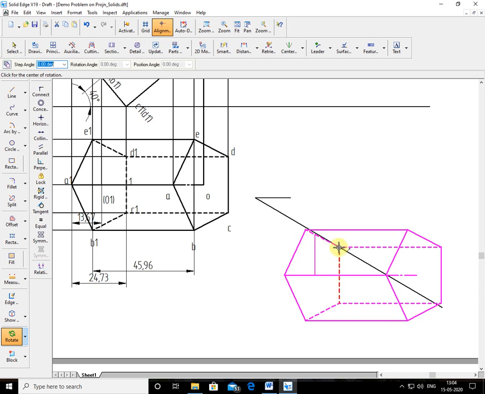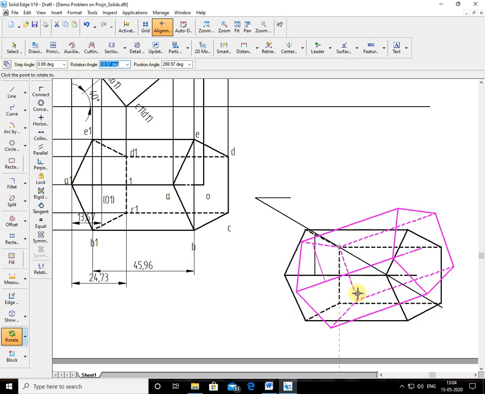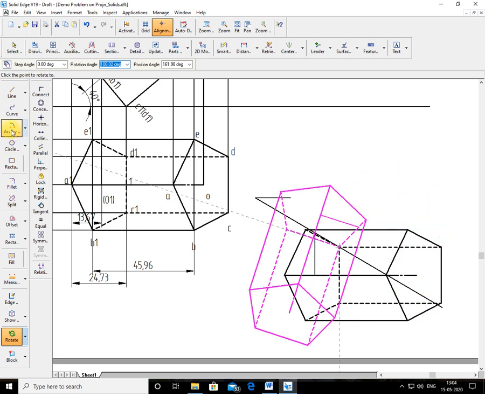So the copy option you make it off here. See the cursor, my cursor here. This should be off. It is off now. Red means it is on. So the original figure should not be there. So I keep it in this way. This is my position. Same thing I just now showed by sketching. Same figure you got. Okay, this is the point. Now this is the figure you have transferred.